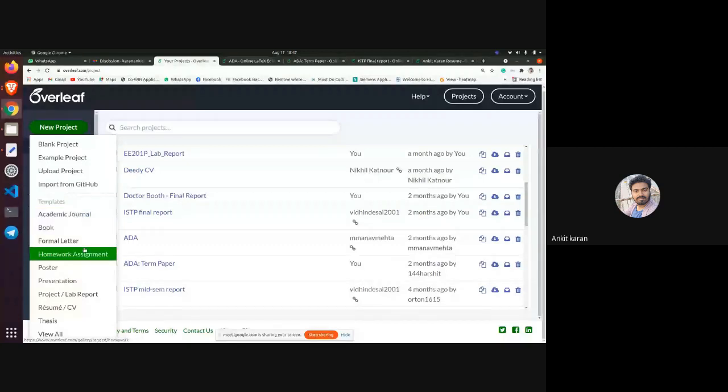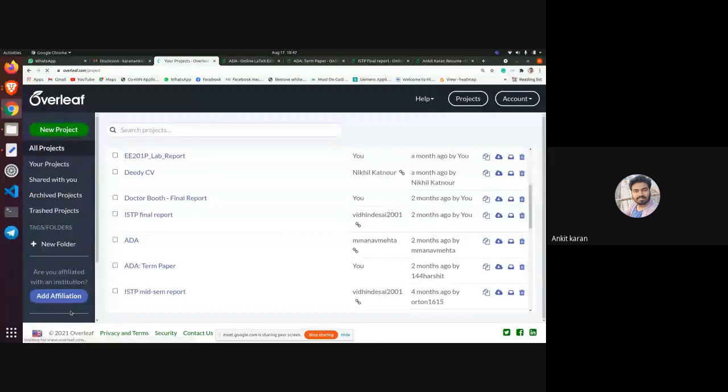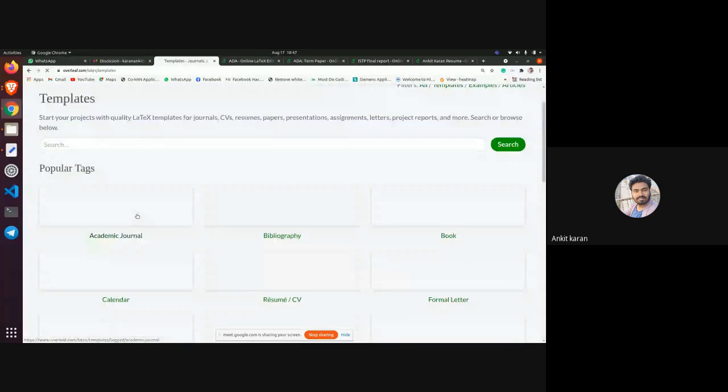homework assignment, resume, thesis, and all types of templates you can see here. Under popular tags, you can search for tags, and you can refer to various journals and all. Lots of templates are already available. You can go through them and choose according to your need. Okay, so I can just show you some of the projects. Whenever you create a project, there are mainly two parts. One is a folder where you need to upload the images which you want to put in this report, and a